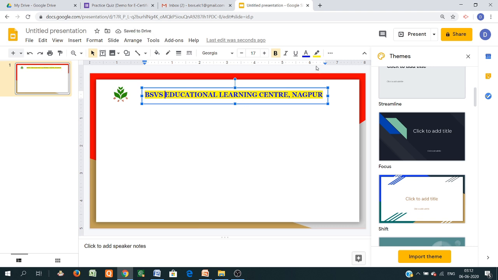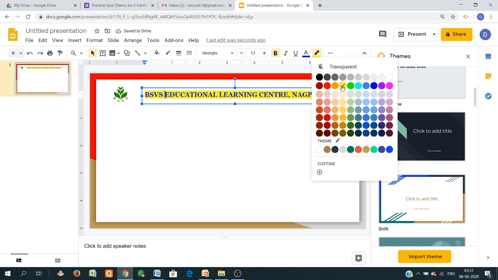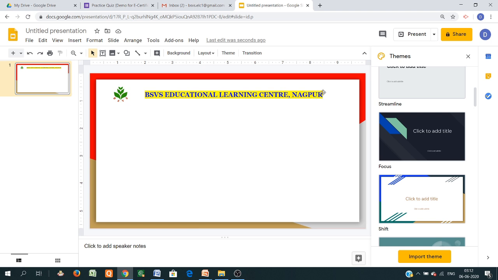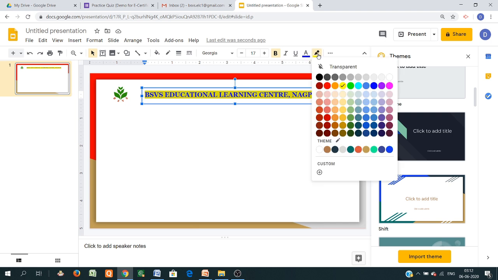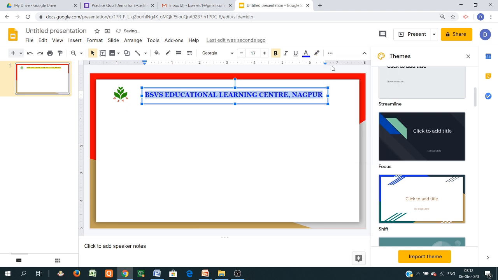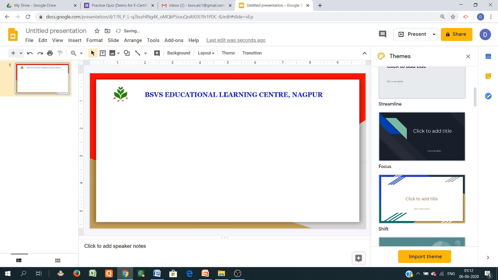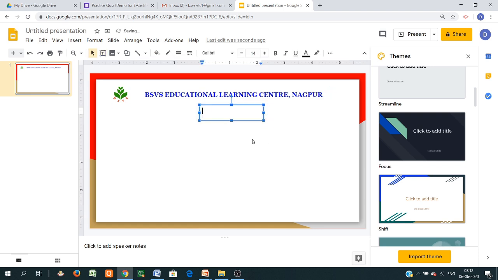So, just select it, transfer. So this is the title. Then you can add, again select the insert button, text box, then here add the certificate of participation, etc. Certificate.